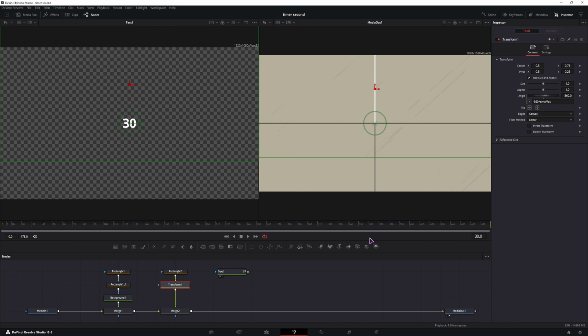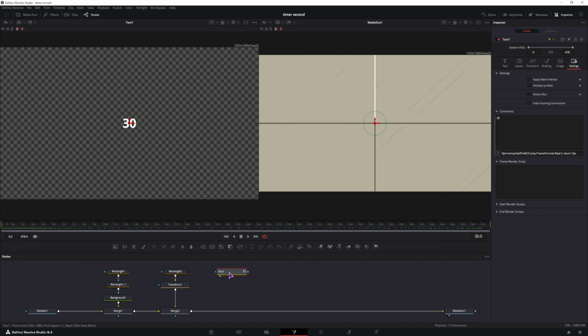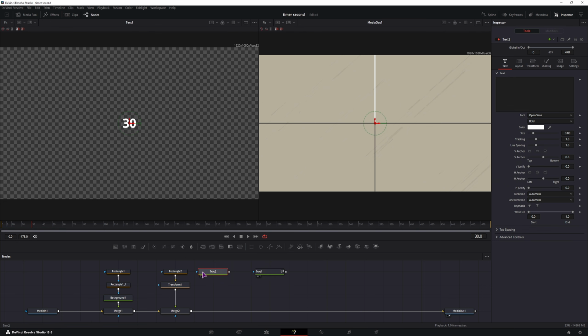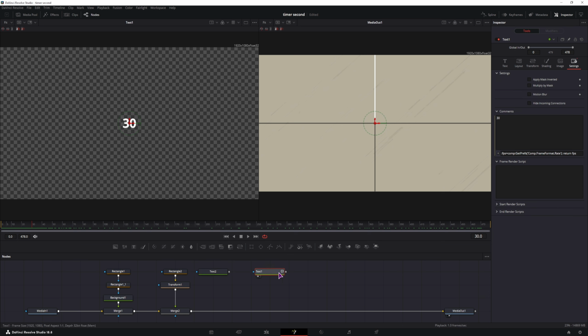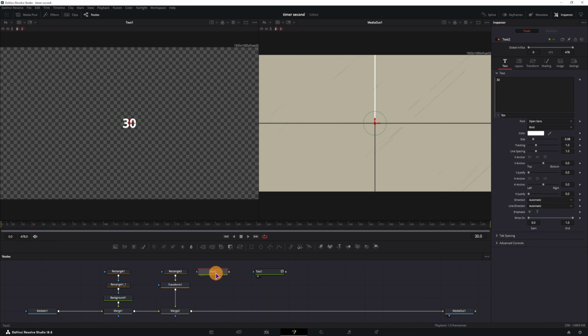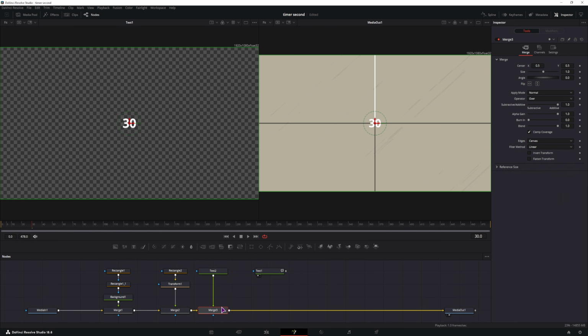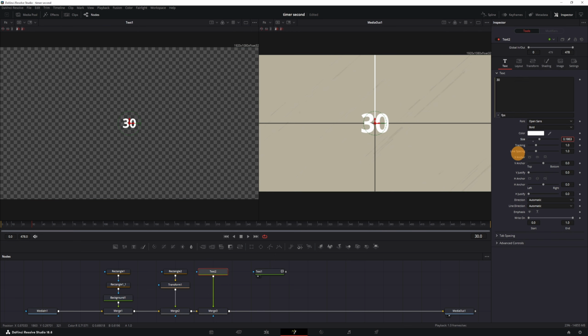And now we only have to add the timer. We could use this text node, but we can always make a new one, just so everything is separate. Go with expression, simply type in FPS. The value will be the same as in this node. The only difference is this node has the actual expression inside of it. You will connect this like so and change the size of the font